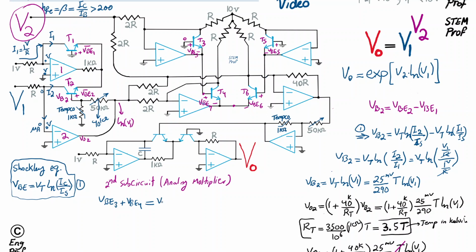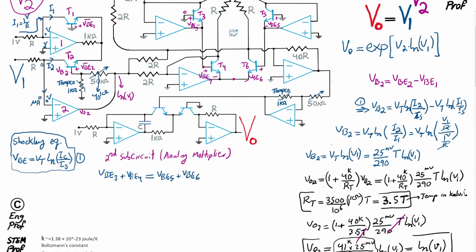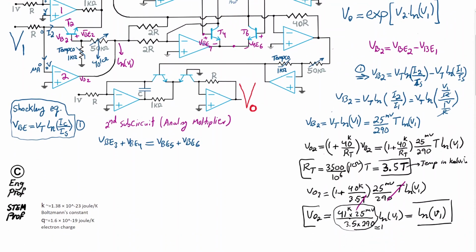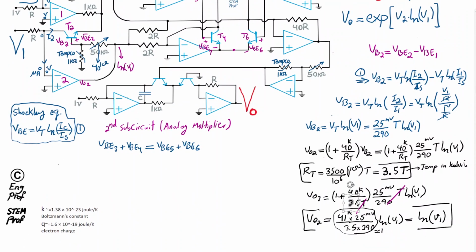So we have the voltage of base-emitter 5 plus the voltage of base-emitter 6. Okay, I'm going to use again equation 1, which is the Shockley PN junction equation. So I am going to substitute the values. As a result, I have